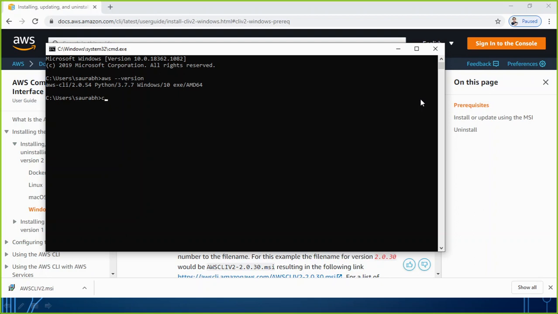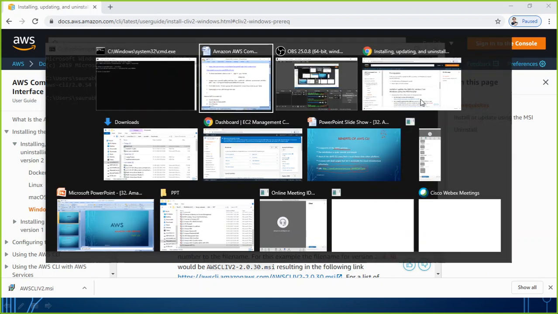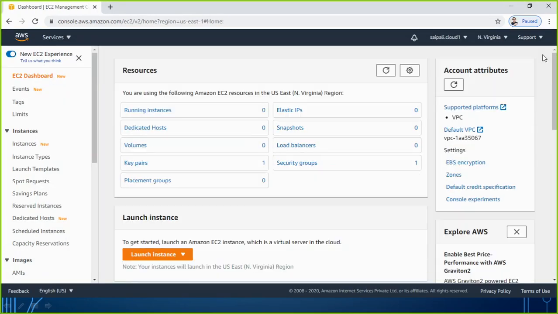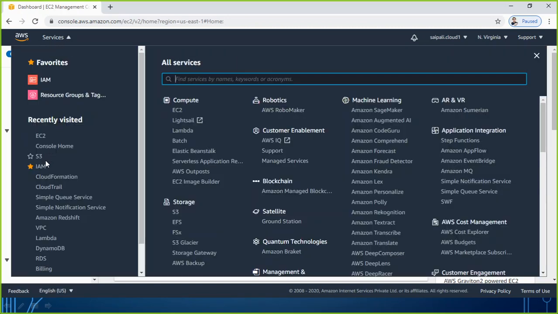Now, to access and perform any task, what we need is a user account. So let's perform that task. First of all, I'm going to my AWS account, because I need to have at least one user account, and only then will I be able to connect through the command line. So the first task is I go to Services, IAM. Why am I going to IAM? Because I need to create a user account.